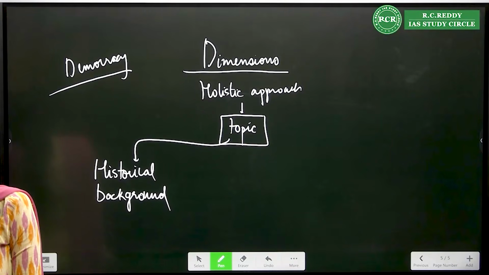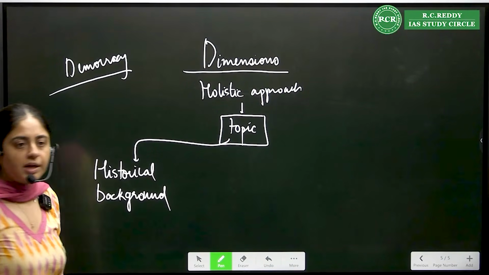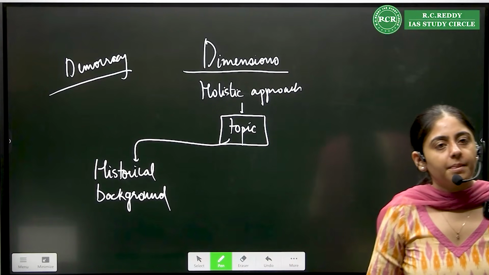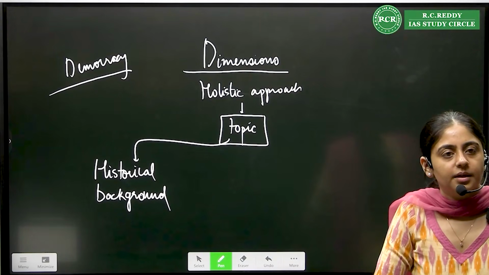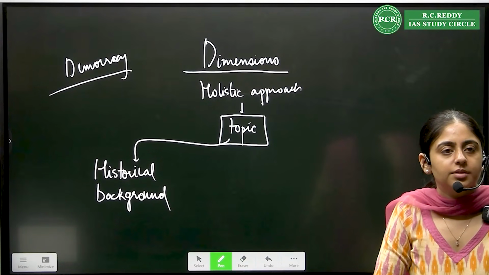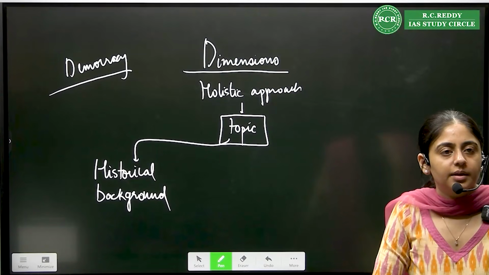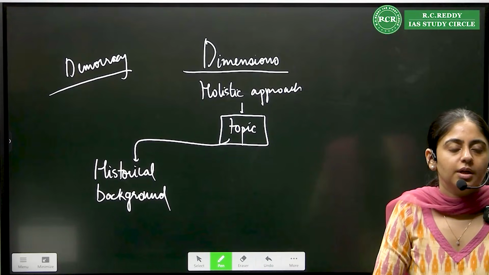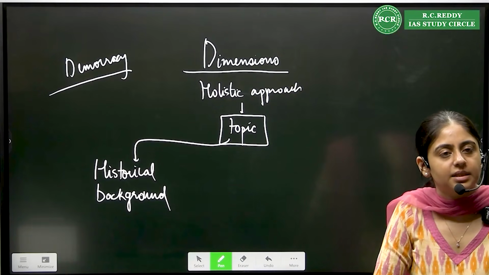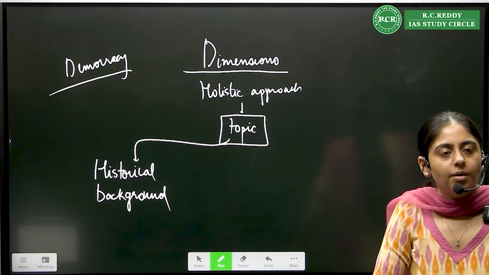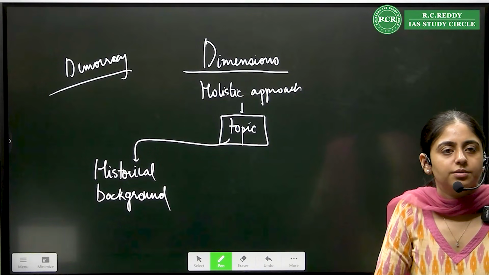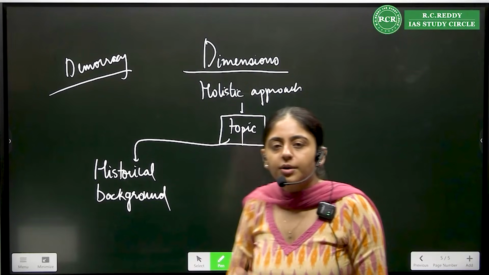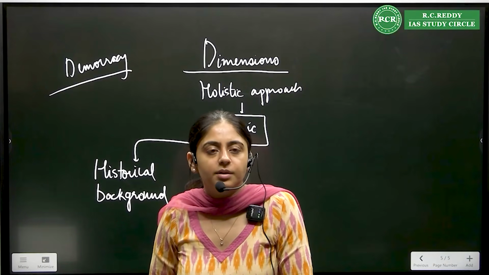Like this, there is a question about the three language formula under the National Education Policy. So you talk about the historical background, when there were protests about the three language thing, when the southern states were not comfortable that English was ending as the official language and they feared that Hindi will come up. This was back in the 1960s, right? Or you can even go back to the state reorganization which happened on language. If you think a little hard, every topic will have some context related to its history.